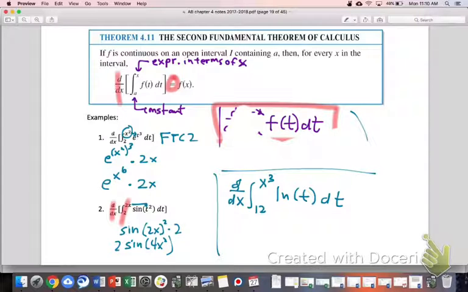Anyone want to offer an answer on this one? Go ahead, Matt. Natural log of x cubed times 3x squared. He's got it, doesn't he? Yep, right on the money. That's really, really good. Okay, so that's FTC2. If you can keep track of that trick, it makes life really, really easy for